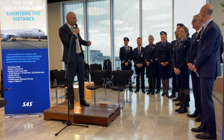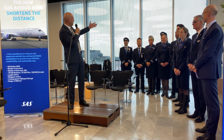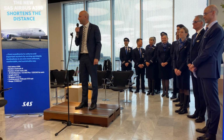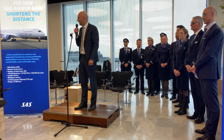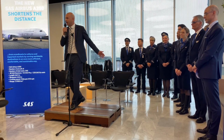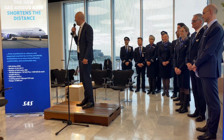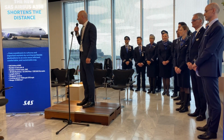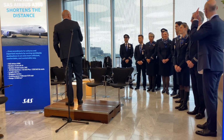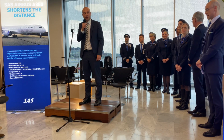Together with the crew, of course, I would like to say welcome and take a look outside. A little bit difficult to see maybe, but we have a totally new livery on the aircraft as well. New design, not only on this aircraft, but on the whole fleet. The aircraft outside is called Inaugural Viking, and as you can see, she is no longer a lady in red,